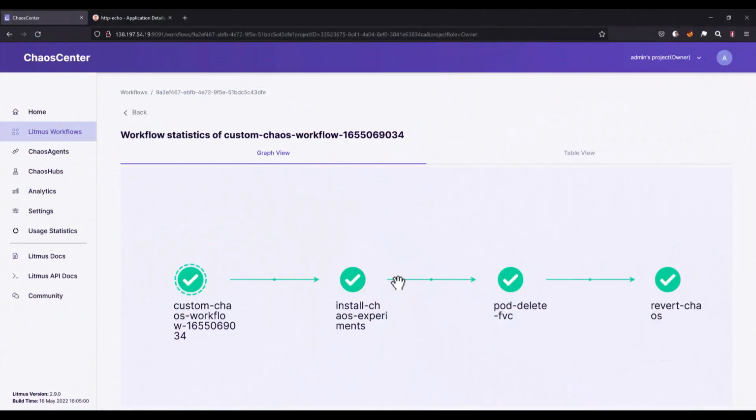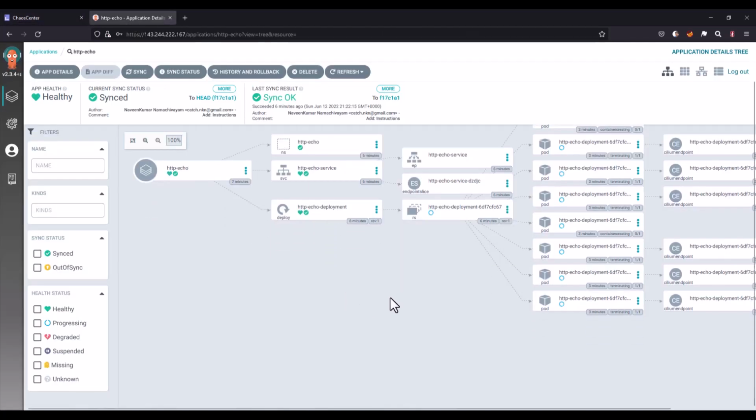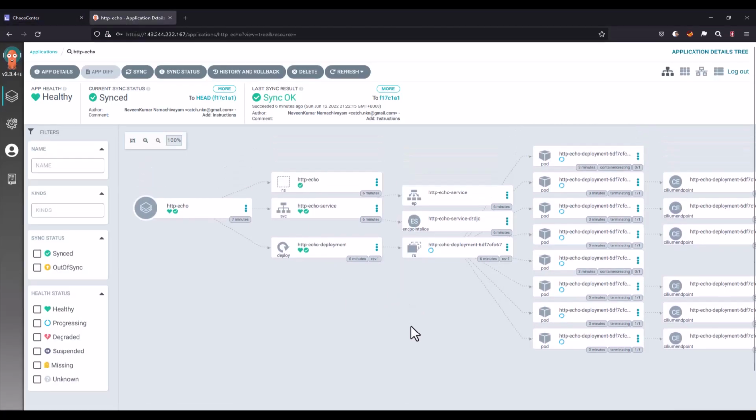So now our experiment is completed successfully because the pod delete is successful and your application is resilient. So whenever Argo CD detects some change, it will try to spin up, and again LitmusChaos will try to delete, and again Argo CD will try to spin up. So it will keep going for the whole duration. So now since our experiment is successfully completed because LitmusChaos is able to do the experiment, and you can see the status here. So now if you go to your Argo CD, as you see, there are so many iterations